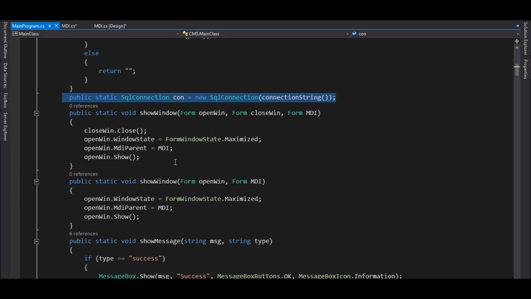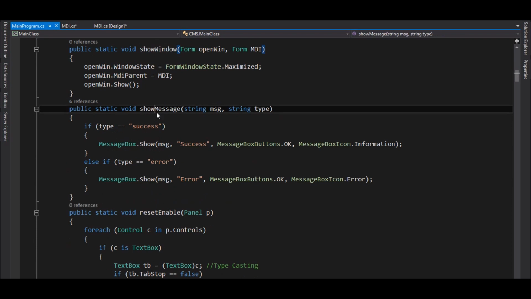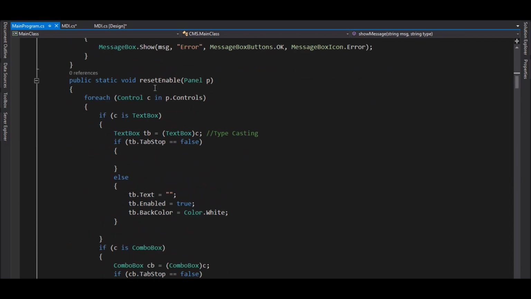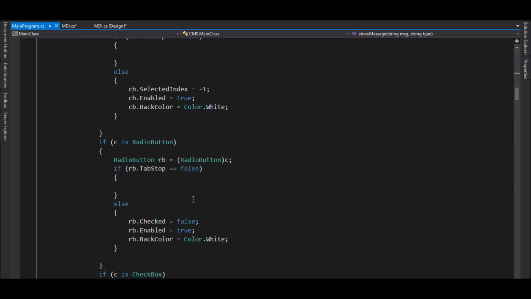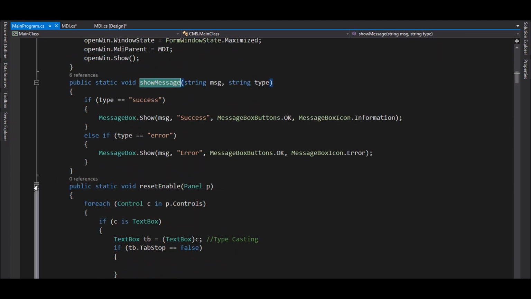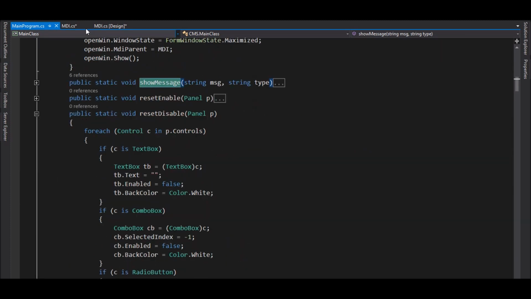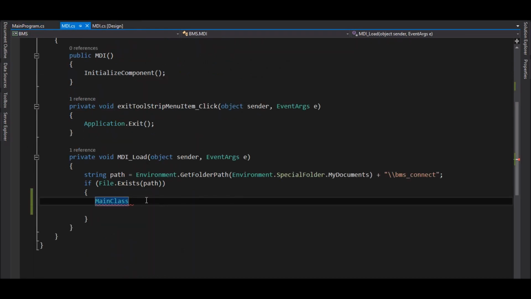You have just called it, you don't have to write it. This is the show window, this is the show window overloaded version, that's my message. So everything I have created already, these are my reset functions. And look, here I have mentioned that if the allow drop is true, then you have to ignore. So these are the functions that I have created. Please refer to the previous lectures, I request again and again. So what you have to do, main class dot